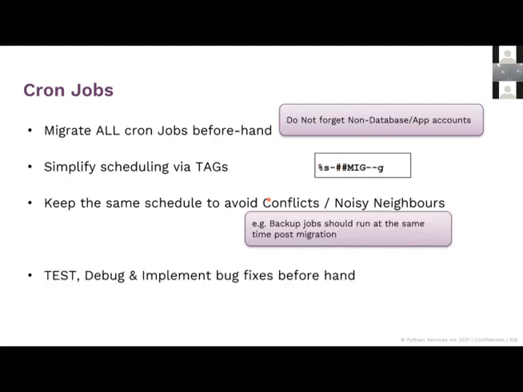That is, if your backup job was running, let's say at 4 a.m. on source, let's keep it at 4 a.m. on target as well, because backup is something that can impact your entire backup infrastructure. So that's something. And of course, your jobs would probably need an update of the new home path, any variables. So make sure that you test it and debug it before the migration and not after it. So this is about that.